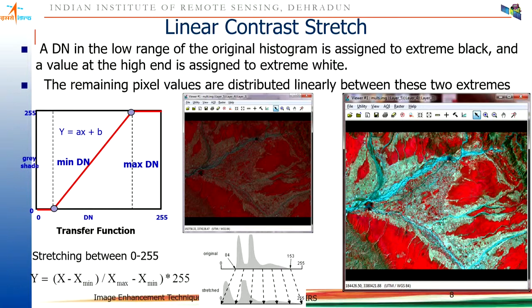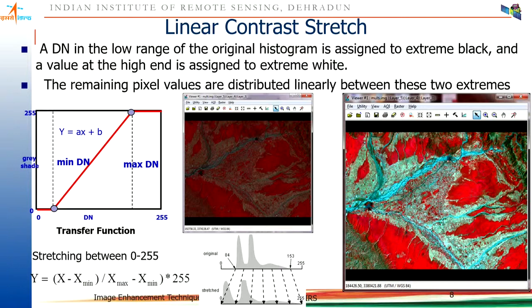That means each layer is contrast stretched in its own range, red separately, green separately, blue separately, and then it is overlaid, and we see the contrast enhanced false color composite where you see discrimination between different objects. So this is the first category of enhancement.